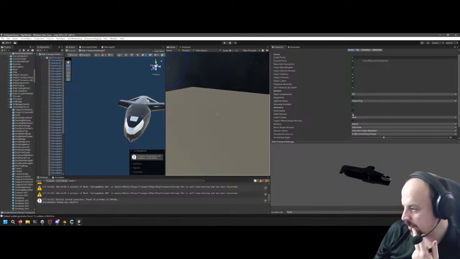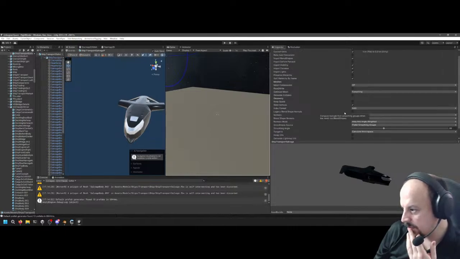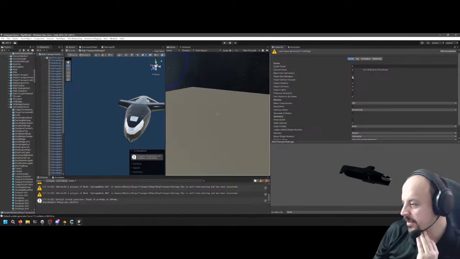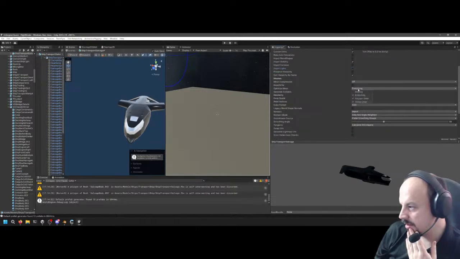So we do want to weld vertices. We don't want normals. I don't think we're going to need blend shapes for this one, or lights, obviously. Convert units, sure. Optimize the mesh.